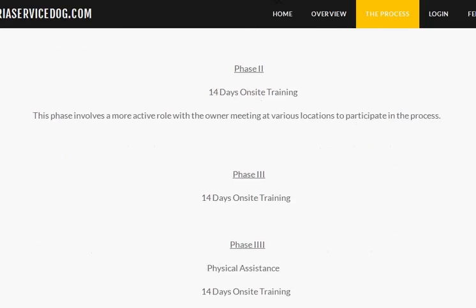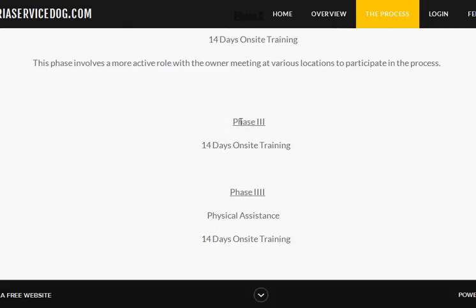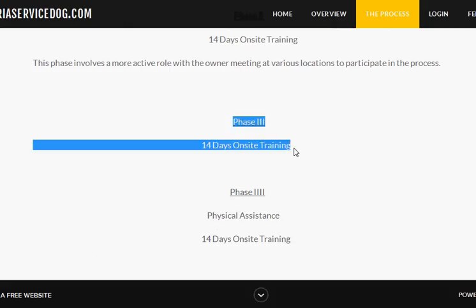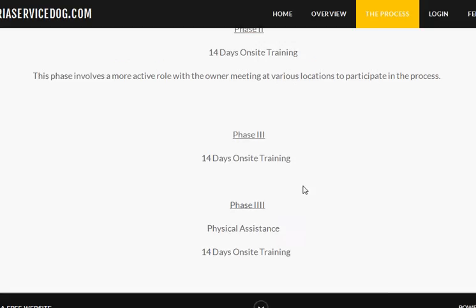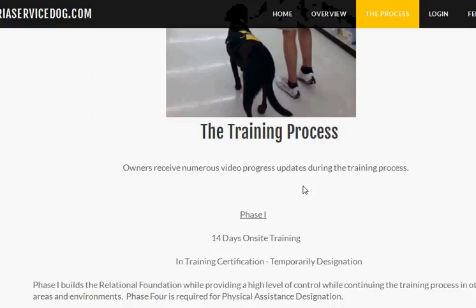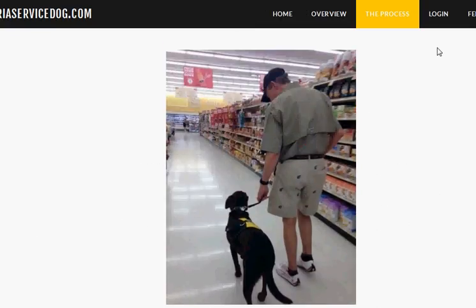Now here, this is where there is an extra phase. They identify here between phase 3 and phase 4. Phase 3 is for emotional support needs of dogs, even for autism, etc. This type of relational needs that people have. It'll end at phase 3. That's the level it goes to there. But here, if it's physical assistance, where you want the dog to pick up objects, help you in certain situations, then there's an additional 2 weeks that is part of the process for those extra tasks. So just be aware that as you look at this, it's all meant to follow a phase process, a level